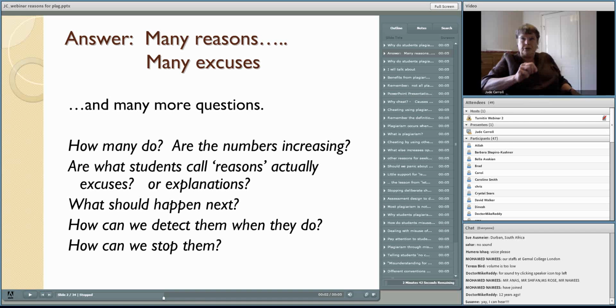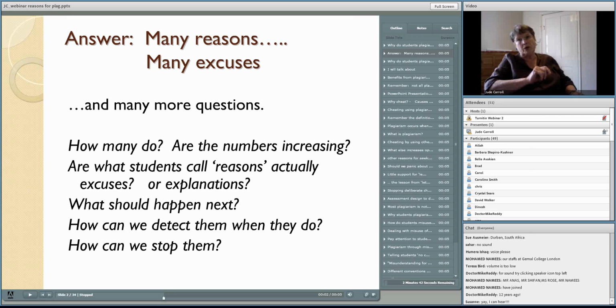Why do students plagiarize? Now, the interesting thing about thinking about this why question, why do they do it, is that why is actually 2 questions. So you can ask why, looking at the past, meaning what caused them to do this? Why did they do it? Meaning, why did they come to making this action which we judge to be plagiarism? So I'm going to be looking at some of the why questions that looked at how did they come to do it from the past.